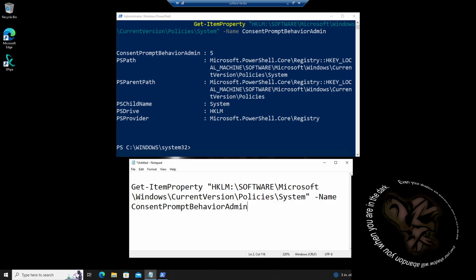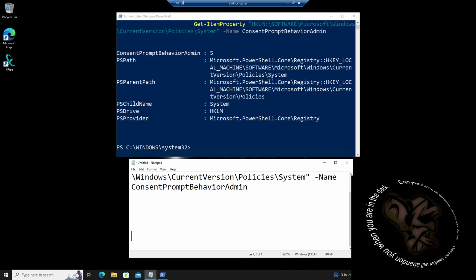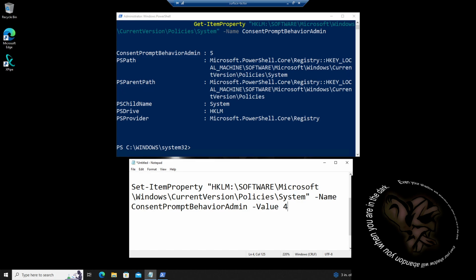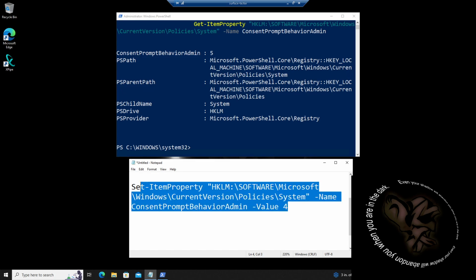If I wanted to, let's say, crank this thing all the way up to the maximum setting, which is always notify, or level 4, considering we go from level 0 to 4, this could be considered level 5, we're going to set the item property. It's basically going to the same path, but now we're using the flag for value and we're listing it as 4. So if we copy this